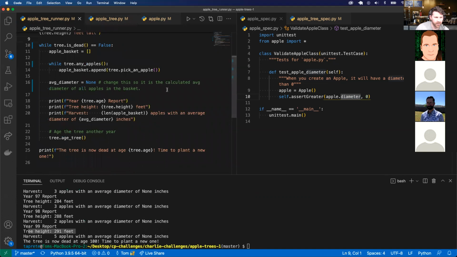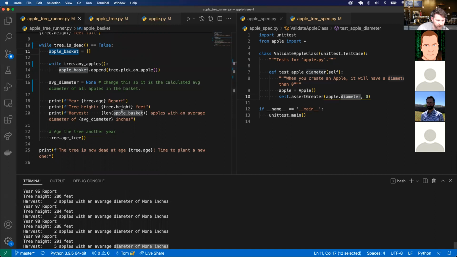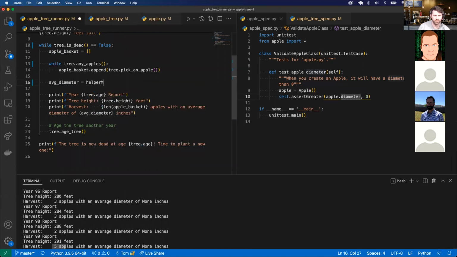So at the end, it looks like harvest of none inches. So here I'm going to have to create a method that takes in this apple basket. So the length of the apple basket. Where's that? 3 apples, 2 apples, 5 apples. All right. So I'm going to change this. I'm going to write some helper method